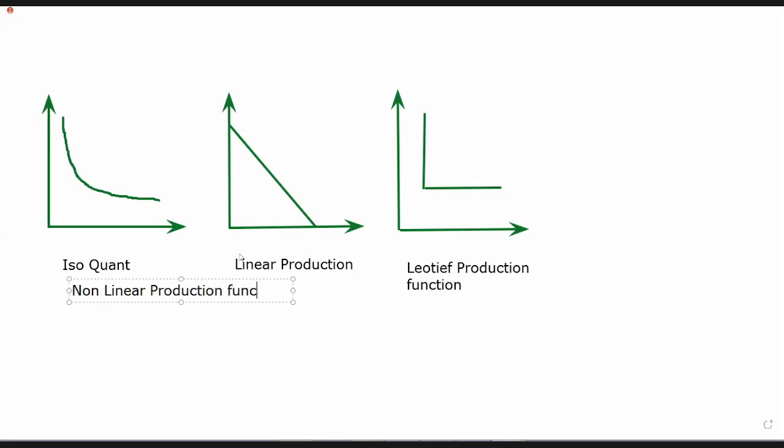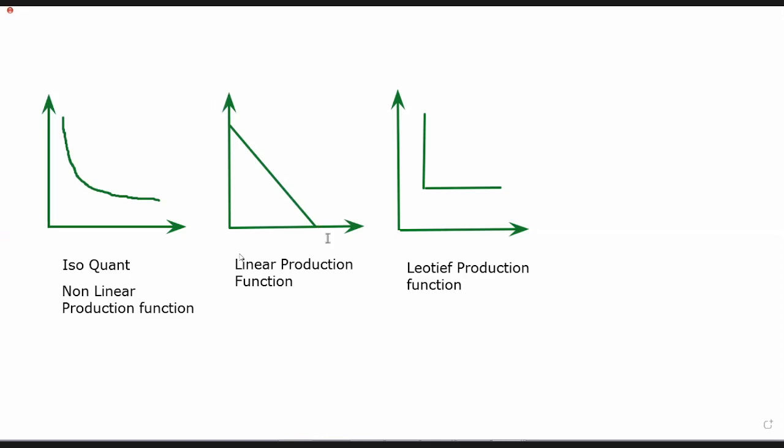Just keep it aside. Go for this linear production function. What happens in the linear function is that when all the inputs are perfectly substituted,